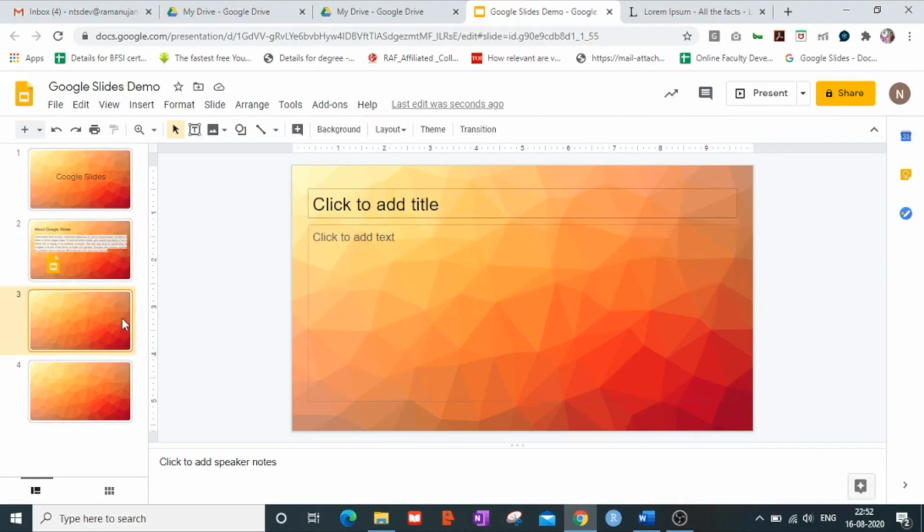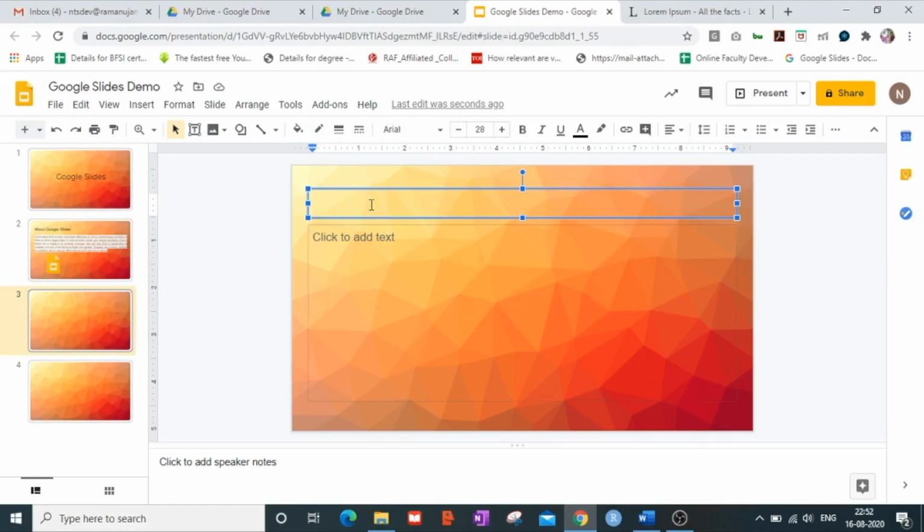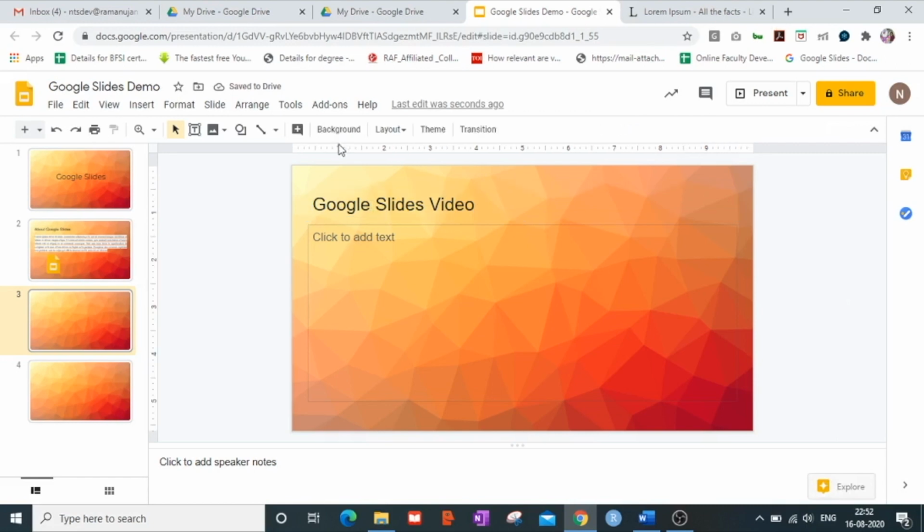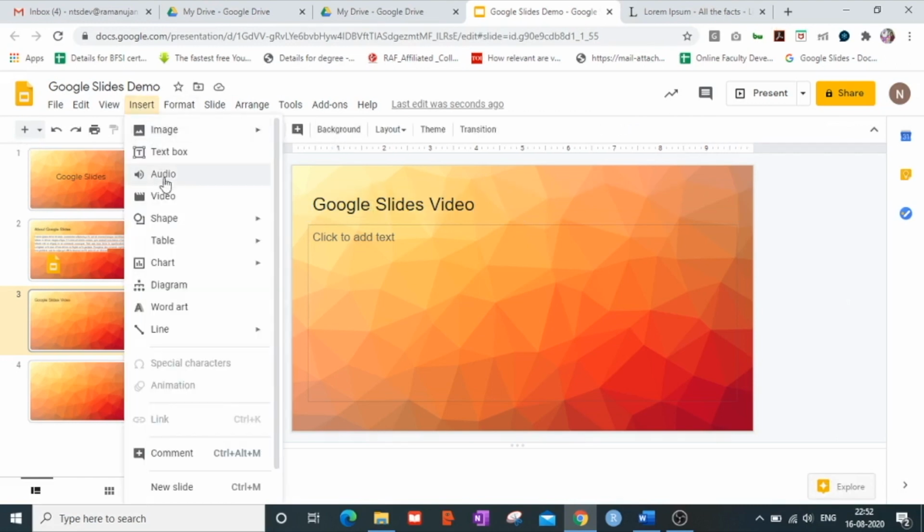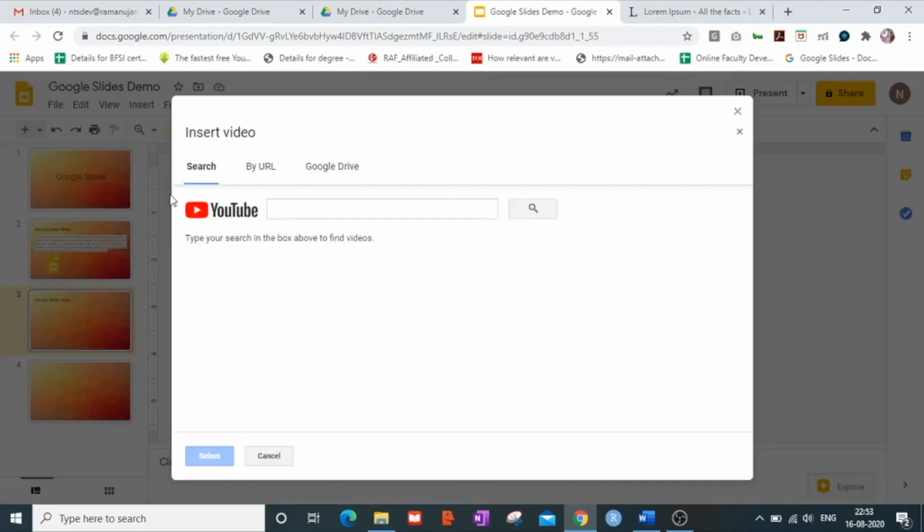In the third slide, I need to incorporate an audio or a video as per your wish about Google Slides. So I write Google Slides video. To insert a video, again go to the insert option which is given in the menu and select insert video.